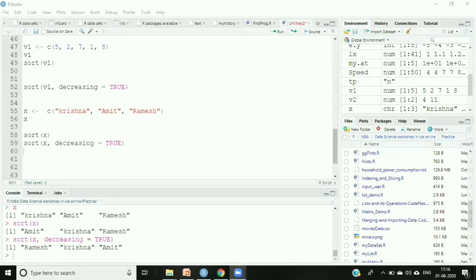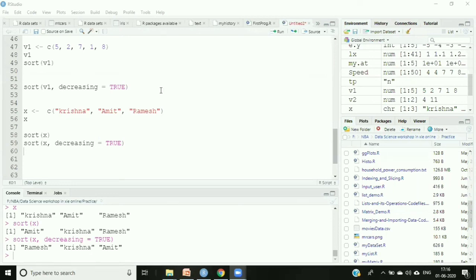Yes, vector is like arrays, but in case of R, array is a little bit different kind of concept. Okay, I'll be covering that. But if you just compare to C language, it's exactly same. The vector is exactly same as your C language array. It's a collection of values which have the similar type of data. With the help of the c function, we can assign to a vector and we can have the list of elements. That's it.